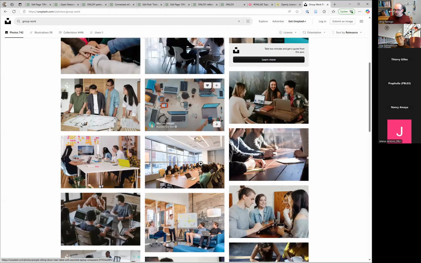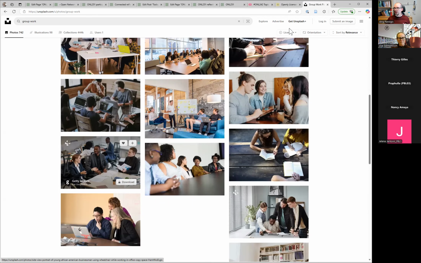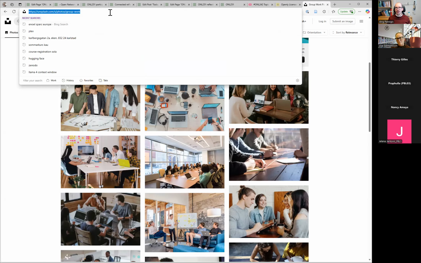You have to be careful: some of them, marked with the plus, are images from Getty Images, and then they want money. There's also something called Unsplash Plus, which you need to pay for. But the majority of the pictures here, hundreds of thousands, you are able to use for free legally without any problem.